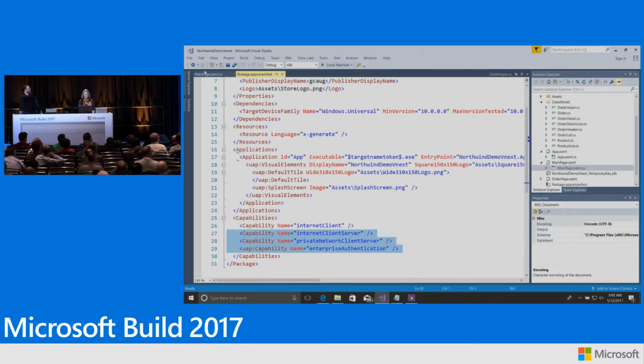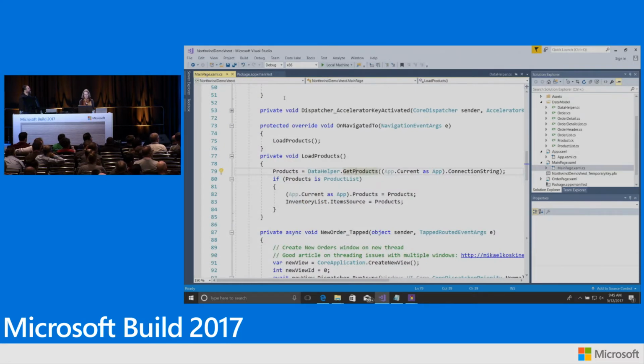Moreover, when I am dealing with the database, instead of going through the SQL bridge, I am able to load the products directly from the very same data helper code that I used for the console application and the SQL bridge that I used for Creators Update. And if you take a look at that code,